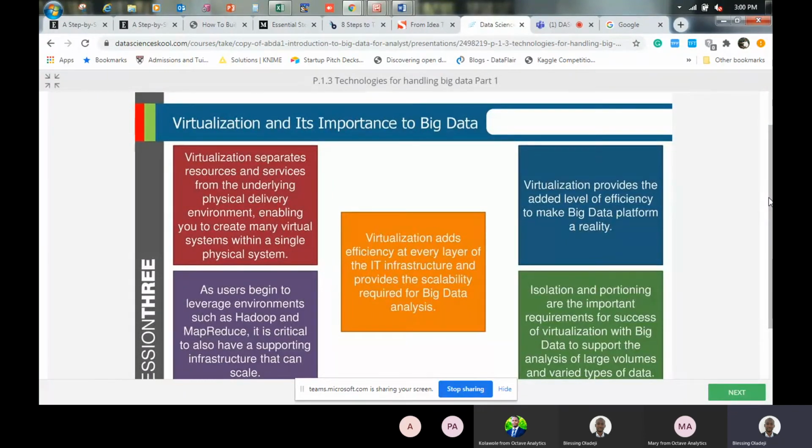Although you can execute big data, or you can analyze big data without working in a virtualization environment, it only makes it more efficient. It does not mean that it must be a requirement. So as I said, they can also say that, okay, no, we are not working with virtual servers in whatever project that we are working on.